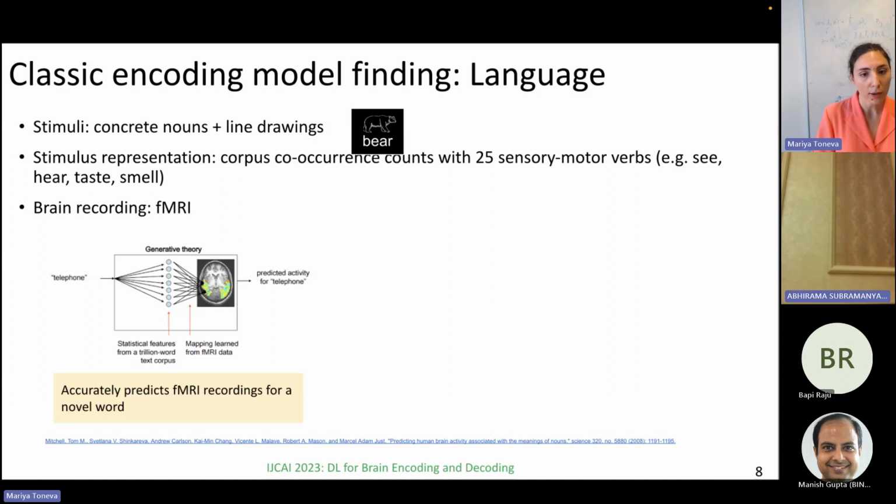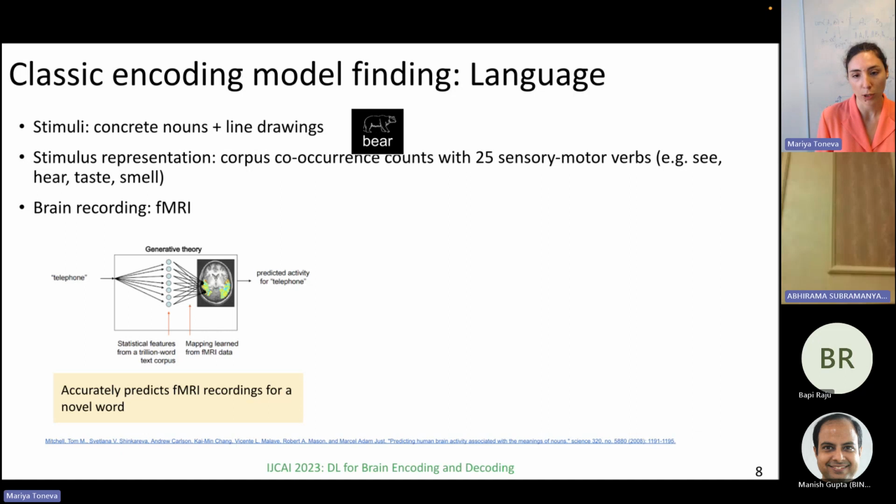So now the authors record brain activity of people seeing these concrete nouns in line drawings, and they're able to build an encoding model that takes as input this 25 element vector that corresponds to co-occurrence statistics with the 25 sensory motor verbs, and predicts as output different XYZ coordinates in the brain that corresponded to people actually seeing these concrete nouns. And what they showed, for the first time, is that one could accurately predict these fMRI recordings